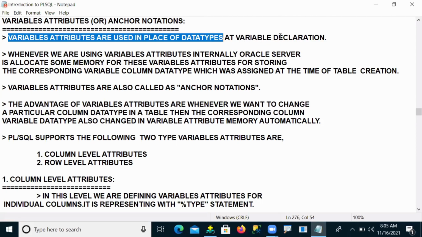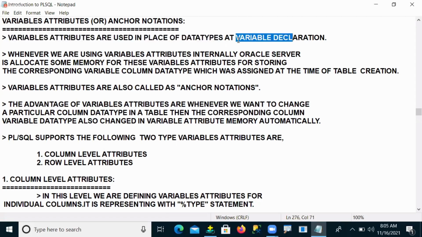Whenever we want to declare a variable, in place of data types, I am using variable attributes. But why, sir? What is the advantage of these attributes?